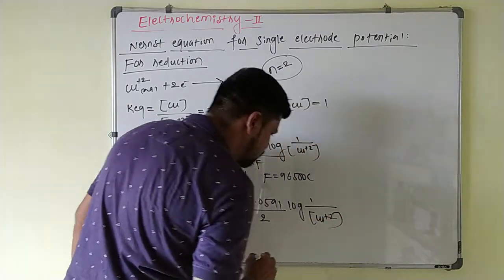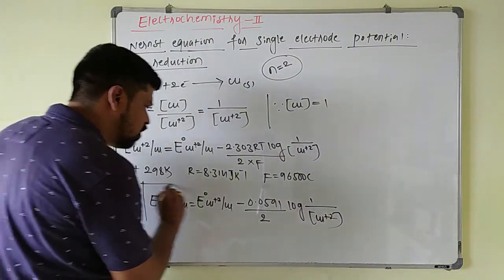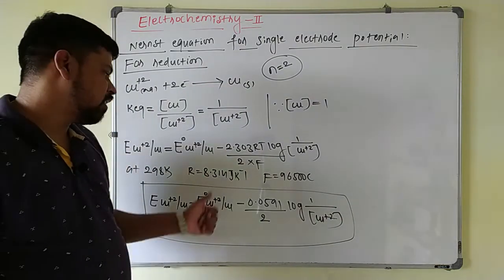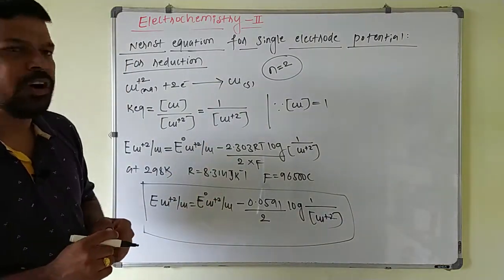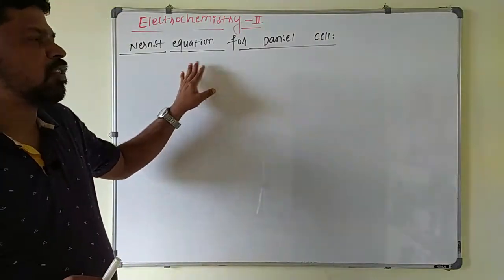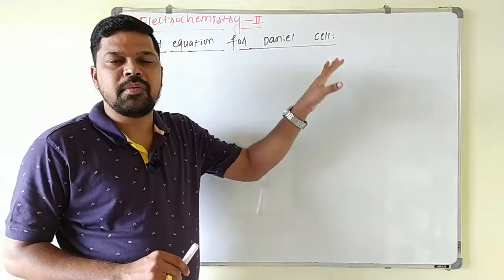This is the molar concentration of copper plus 2 ion. So this will be the Nernst equation to calculate the reduction potential value of the copper rod here. Next one. Now we will apply this Nernst equation for the Daniell cell to calculate the EMF of the Daniell cell,